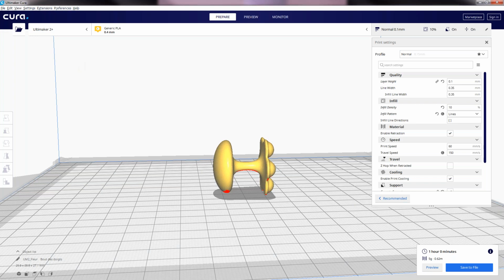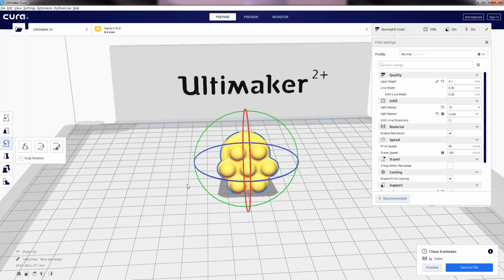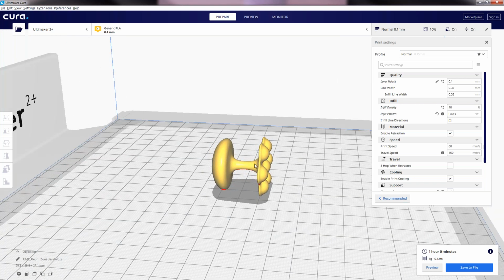Coming to the exercises, just pay attention, please, participants. Exercises 1 and 2 we are giving. You need to load this part and find the appropriate orientation. You see, I have used this orientation, so I got 1 hour.